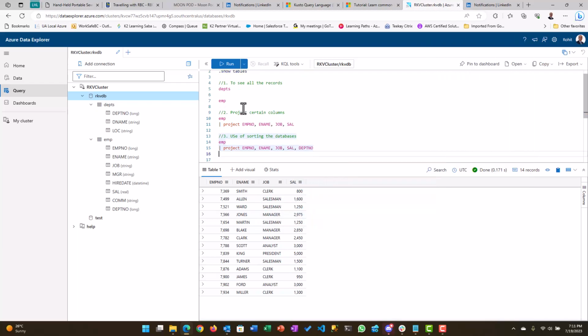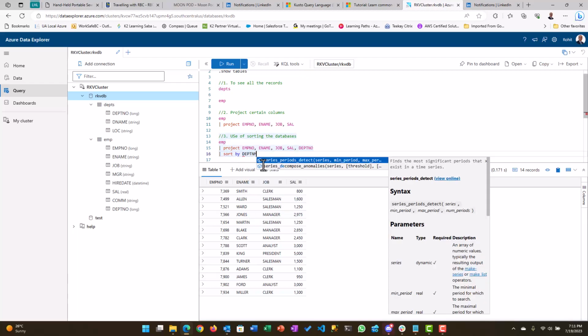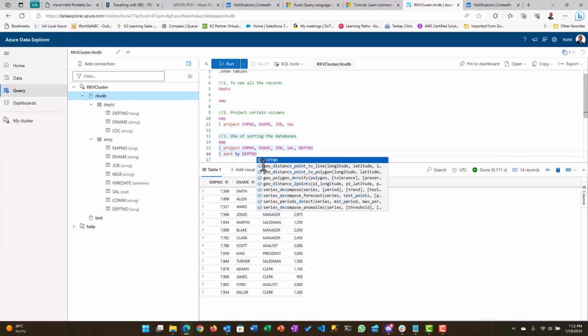This is what I want, but I want another which is like sort, and I just want to use by department. You could use any column, you could use multiple also, but I just want to use by department number, so I'll say by DPT number, and it still needs to be in uppercase